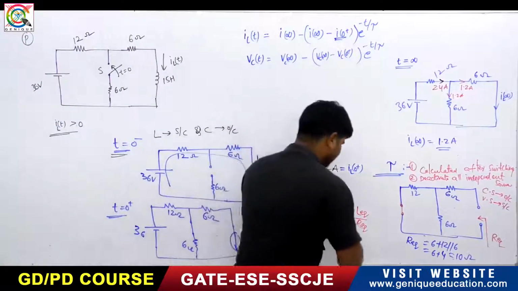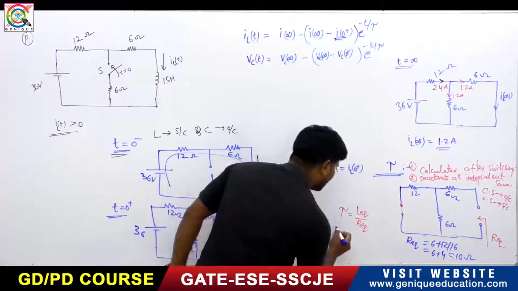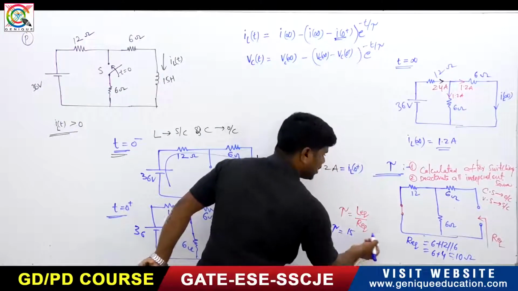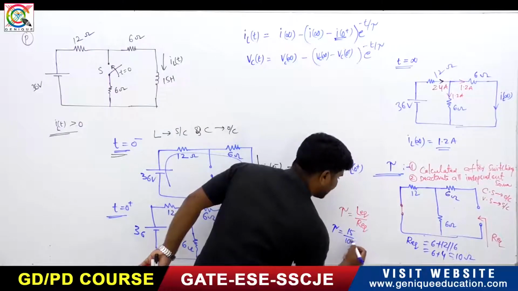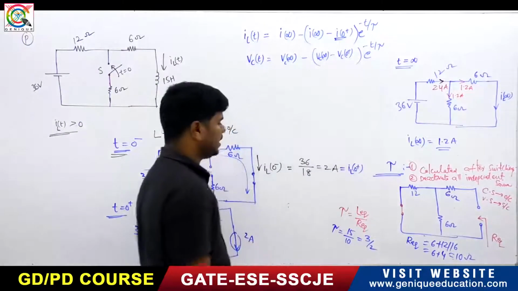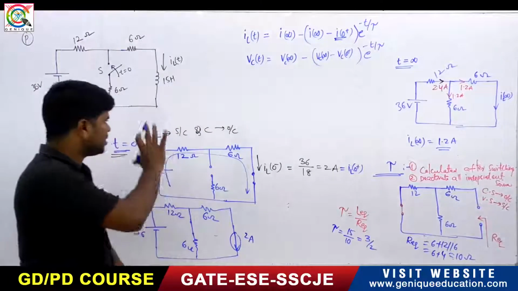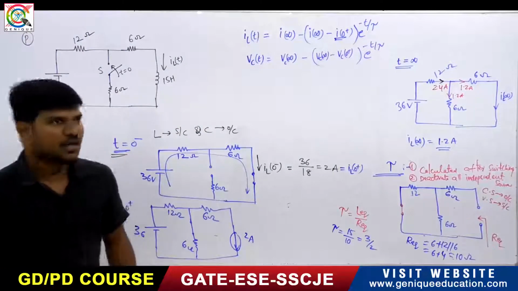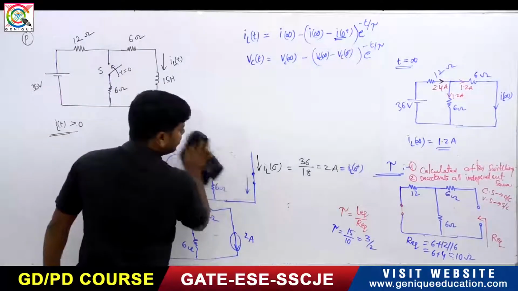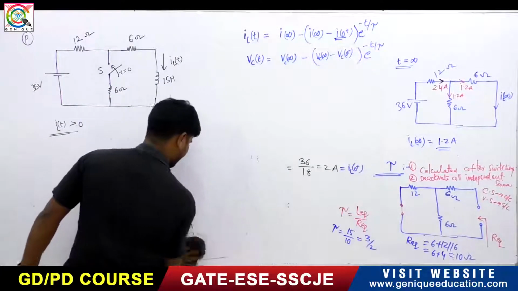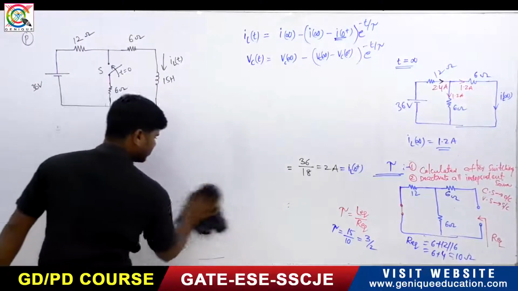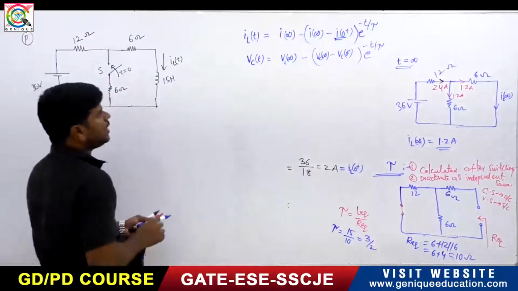So now what is L equivalent? L equivalent is already given. It is 15 Henry. So L divided by R, R is 10. So this will be 3 by 2. So calculation of tau is completed. So now how can we find the